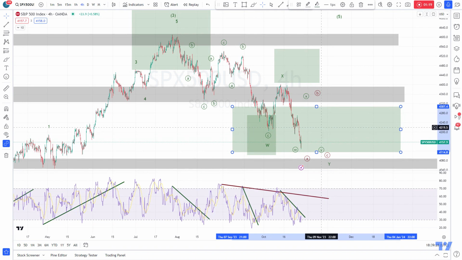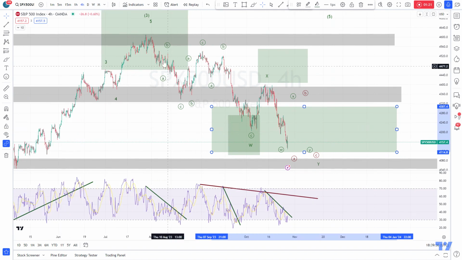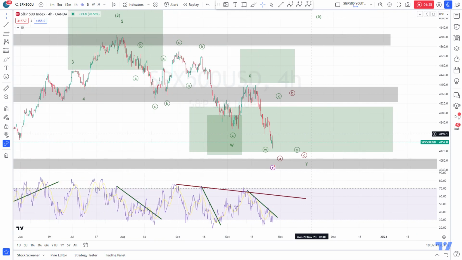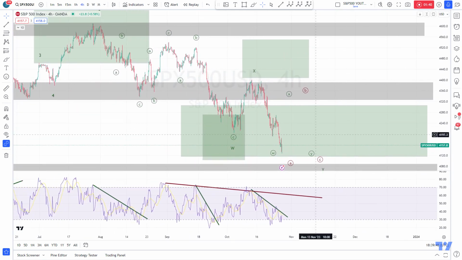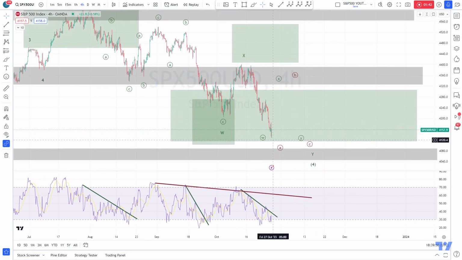in general. So this is something I will deal with this weekend in my higher time frame analysis. What to expect from here? If we zoom out, what could play out in the lower time frame? I would expect some kind of move up right now. It would be surprising that we just crush this area.